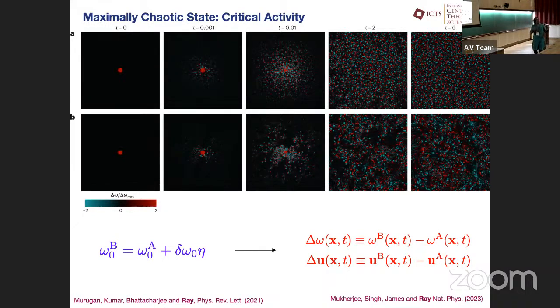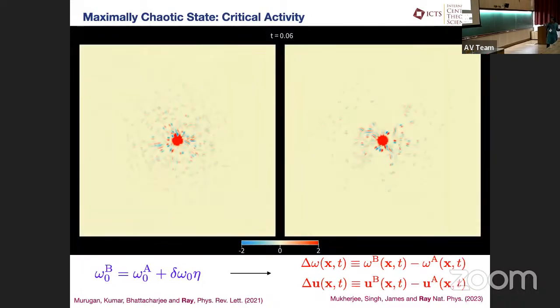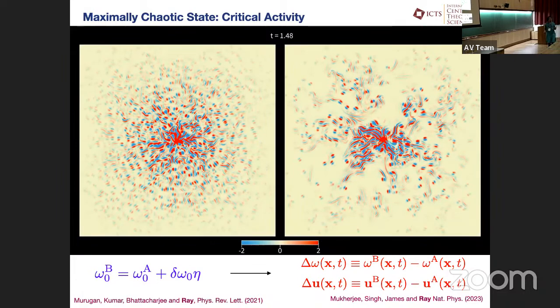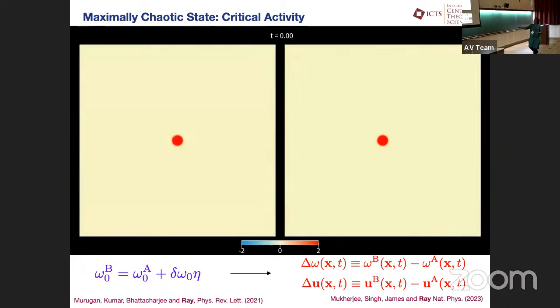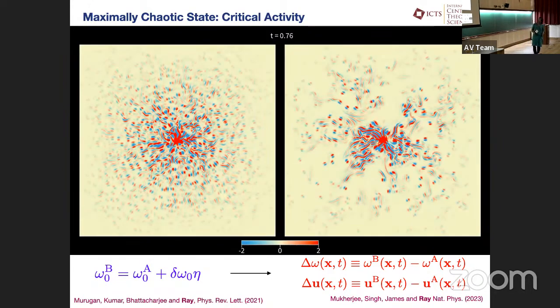In turbulence, when you measure the Lyapunov exponent, we know that the Lyapunov exponent grows with Reynolds number. Mean field theory suggests that it grows as the square root of Reynolds, but there's a correction to it, etc. It has a long history. So we are essentially going to measure the Lyapunov exponent as a function of activity with this game that we developed in this and earlier papers. So how does it look? You begin with a small perturbation at the center, so low and high activity, and then it starts to grow.